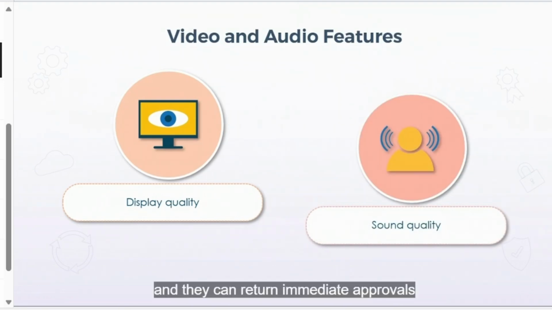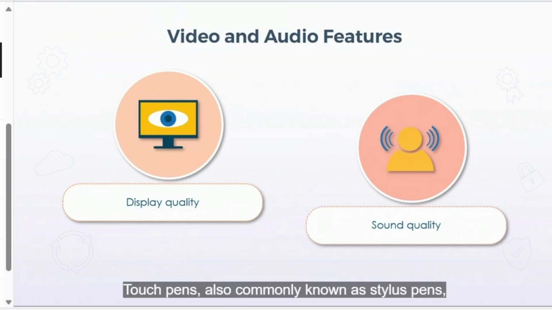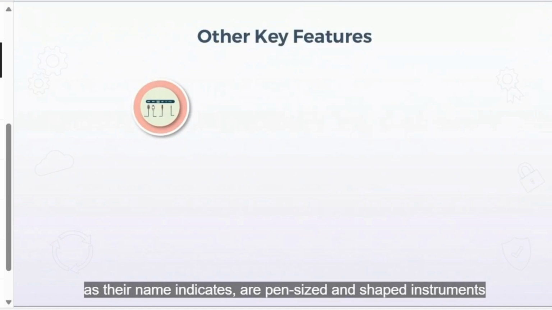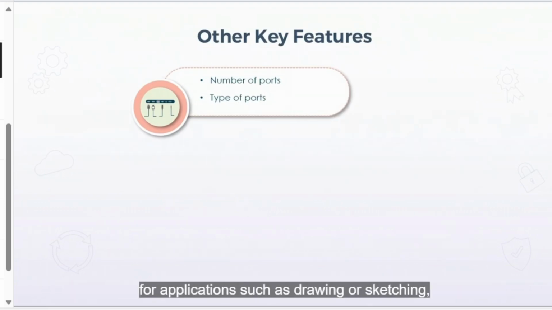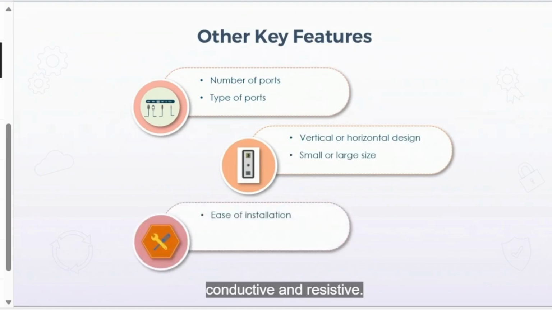But if you have good quality external speakers, they will greatly outperform the internal speakers of the laptop itself, especially for listening to music or watching movies. Other key features when assessing a docking station might include the number and the types of available ports, for example, how many USB ports there are, whether the docking station itself has a primarily vertical or horizontal design, and simply how large it is, certainly a consideration if your desk space is limited, and how easy it is to install